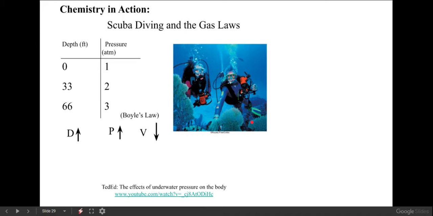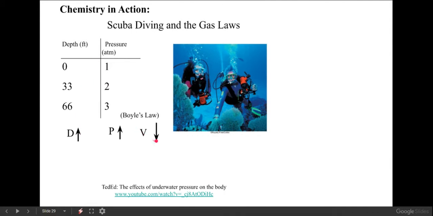We see this come into play if you've ever gone scuba diving. You might know that there are different certifications you have to take, whether you can scuba just under the surface or whether you're going deep sea diving. So if you dive down, what you probably know is that the deeper you go, the higher the pressure there is. And Boyle's law would then say, actually, that's not the part we're most interested in. It's not really that hazardous diving deep. It's when you ascend. So when you come up,